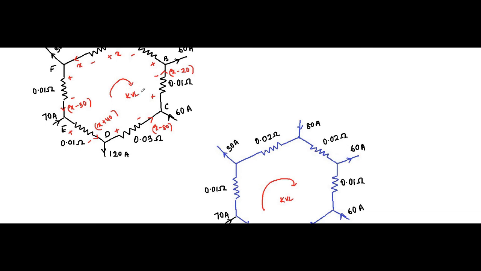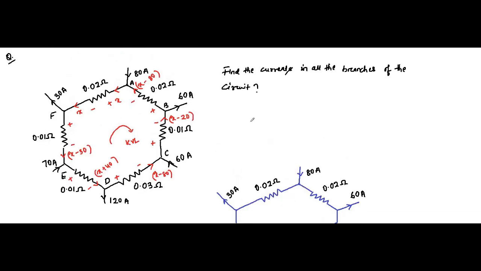This is the KVL path. If we apply KVL in this closed path, starting from, let's say, F, everything positive will come. We are starting from F and then we'll go back to F, F to F. So here it will be